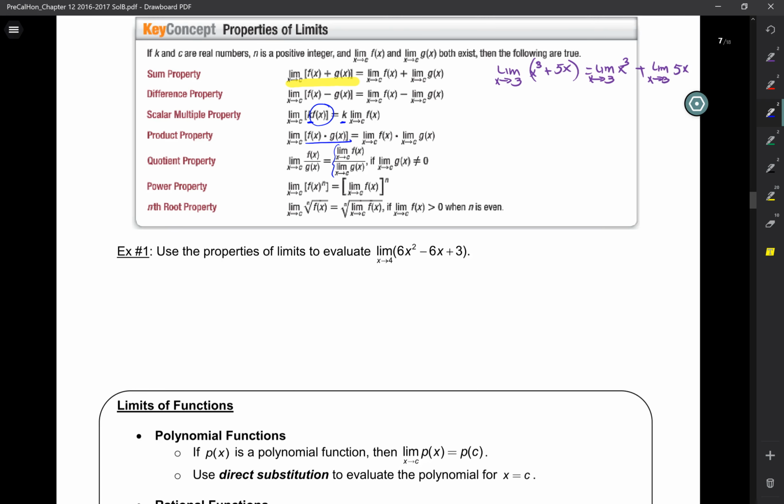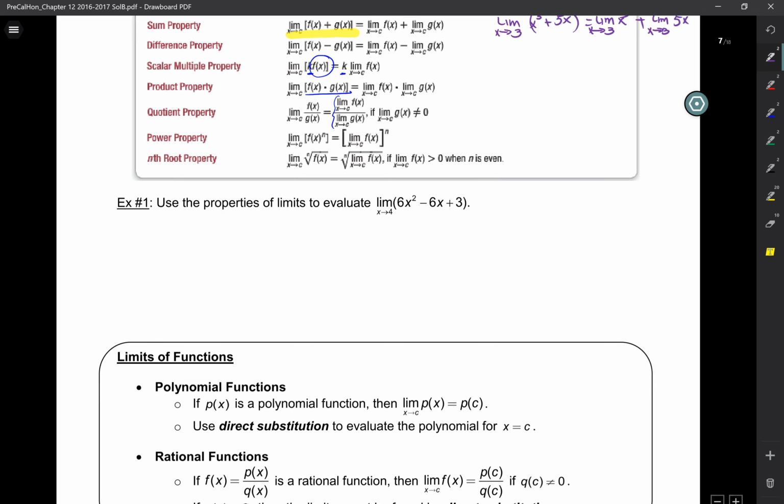So basically, here we have to find the limit as x approaches 4 of this function. You're not going to have to do this every single time, but for this one, let's just illustrate the properties. So what this says is, look, you can separate this. You see how you have 6x squared? That's a 6 times a function of x squared, right? So this is the same as 6 times the limit as x approaches 4 of x squared,